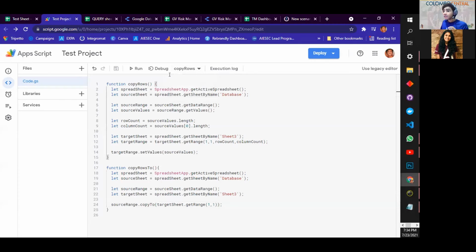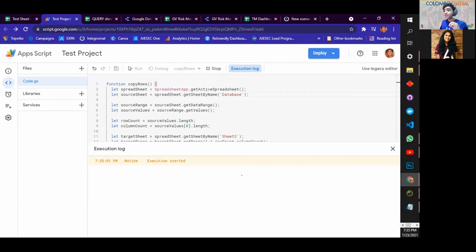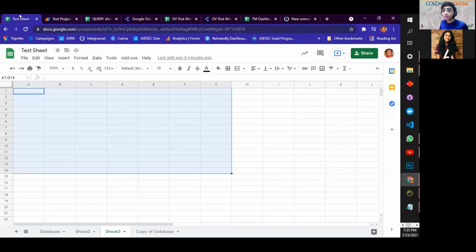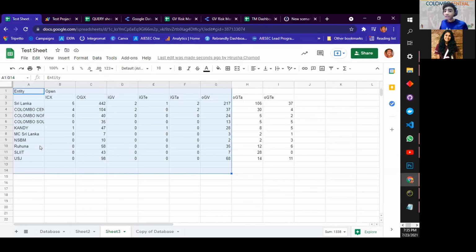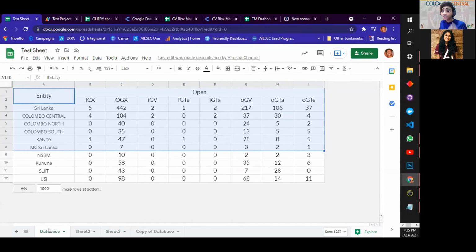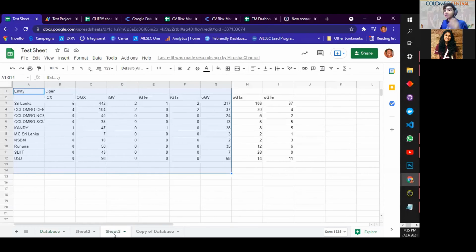Once it starts running, I will give copy rows and start the running process. You can see the execution has started and also been completed. All these messages will be seen from here. And now you can see that all the database information that we had within the tab database is now copied